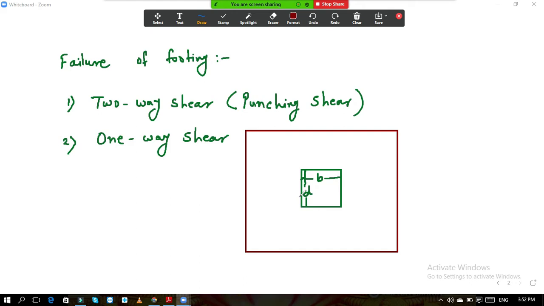Okay, so the same action is going to take place over here. This column tries to penetrate through this footing. But when it penetrates, it does not penetrate only by the dimensions of the column. So what does the column do? From a distance, see, from this end at a distance of d by 2. I will mark d by 2 over here. So first I will draw that, then I will mark the distance.